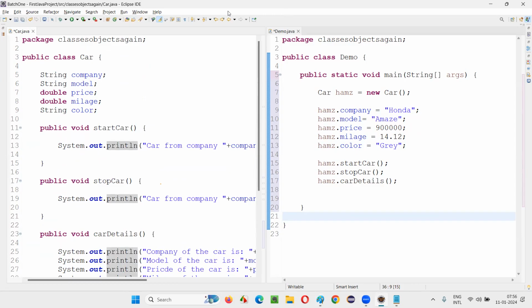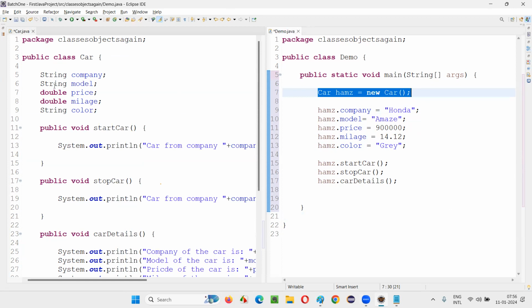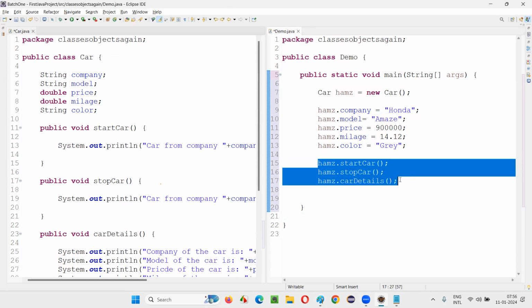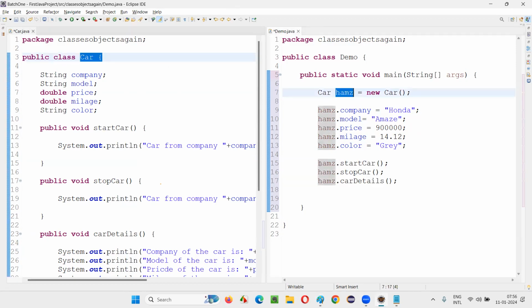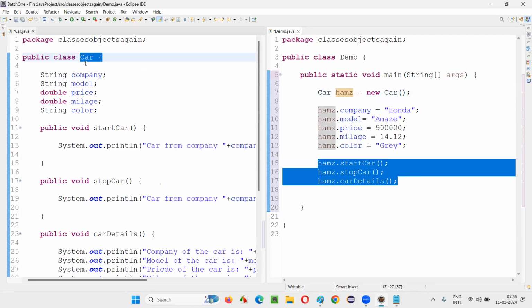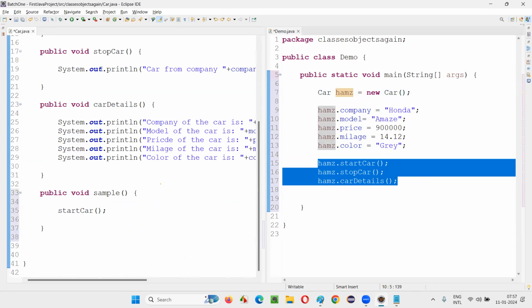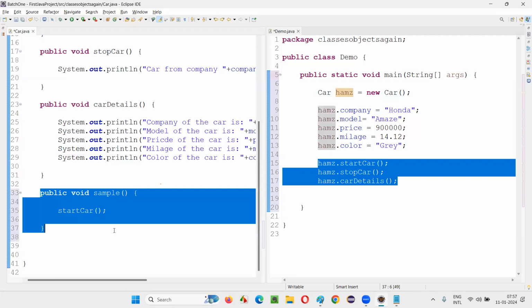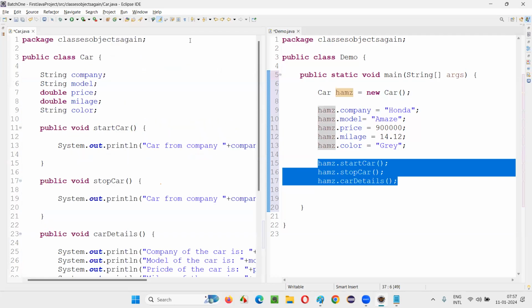Not required. That's the concept you have to understand, guys. If you want to call the methods from a different class, you have to create an object for that class, and using the object reference of that object, you call the methods of that class. But if the methods are in the same class, no need to create an object. Directly call the methods from the same class.